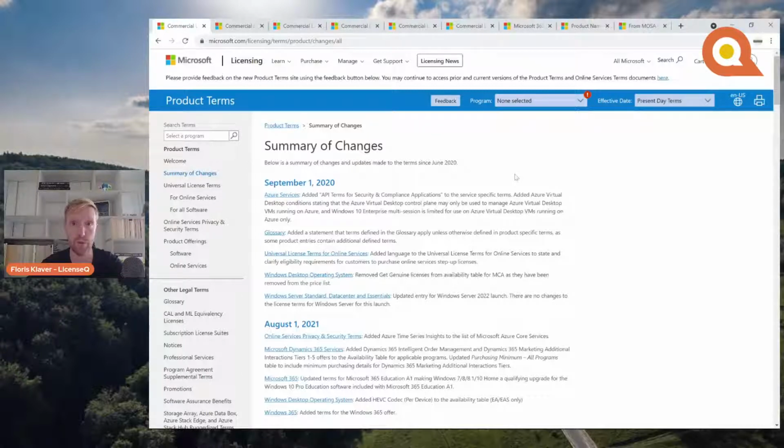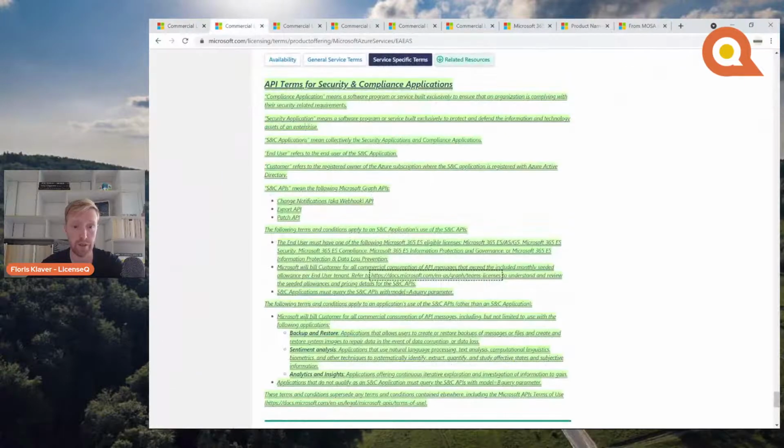But on to the subject at hand, the product terms. So this month, a couple of additions and changes to the product terms. A big one on the Azure services front. That's this one. Big one as in big textually. Not that sure if it's very top of mind for a lot of companies that are dealing with these types of things. But if you are creating security and compliance applications, this might be of interest to you, because